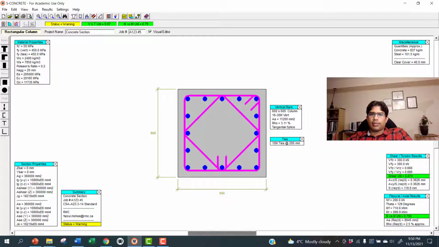Another thing is, in your assignment or project, you need to submit a snapshot of this, showing all this steel ratio and all the dimensions. And if it shows an error in the green-yellow, you need to get rid of this yellow color. We need to change steel dimensions and the concrete dimension to get rid of this yellow.